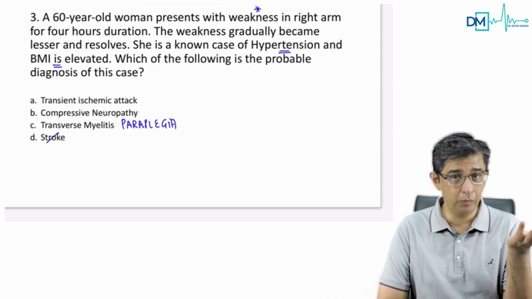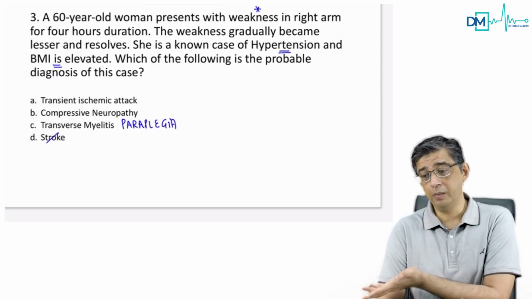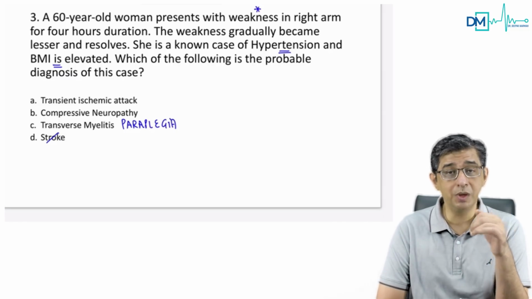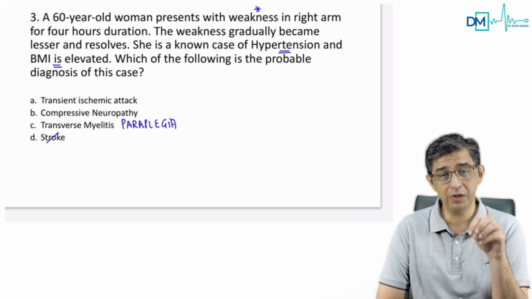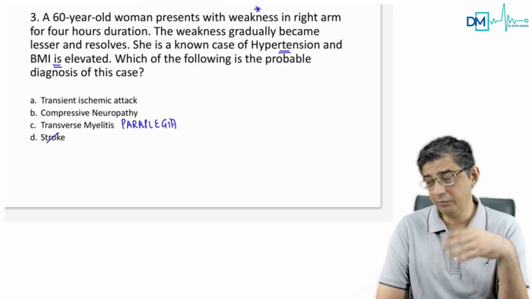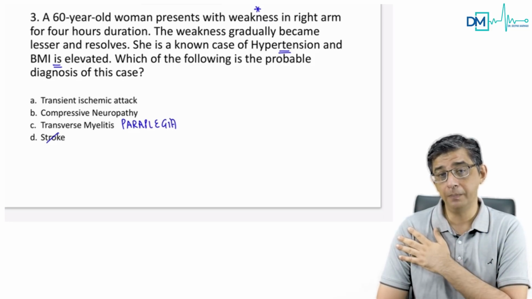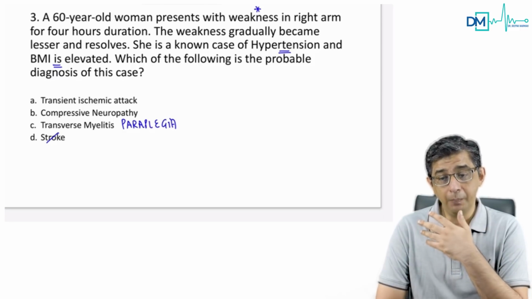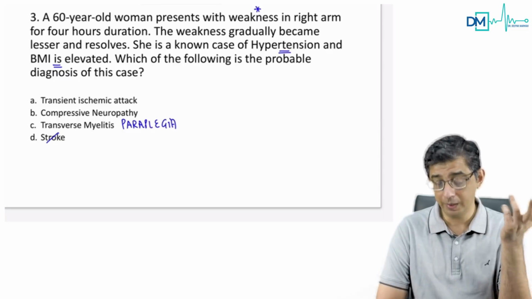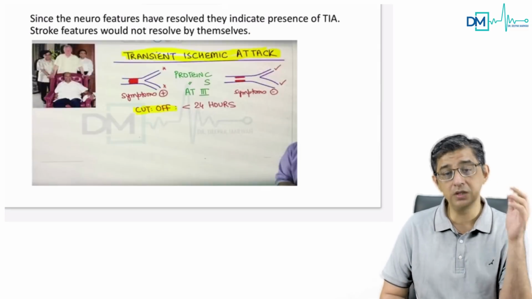Either it's a compressive neuropathy. Sometimes you might sleep over your arm, and when you sleep over your arm, you might feel numbness in your arm. But the point is, when it comes to compressive neuropathy, the moment the compression is relieved, you usually tend to get improvement. Or, at the same time, somebody has a disc prolapse, and then there could be numbness in the arm. So obviously, if a person is having pain or weakness in the arm, I need to think of a local cause that could be disc prolapse. But the way the question is given, the straightforward answer to this question is TIA, a transient ischemic attack.